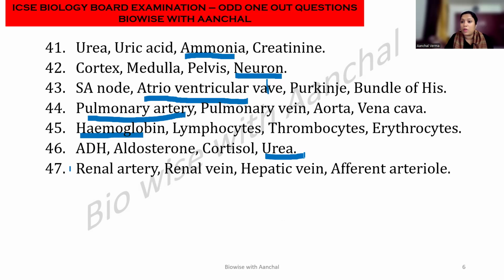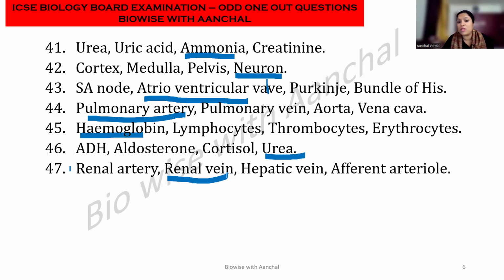Now here, on what basis can you differentiate? Renal artery is bringing blood to the kidney. Renal vein is taking the blood out of the kidney. Hepatic vein is coming out from the liver. And afferent arteriole is coming into the glomerulus. So here you can say that the odd one out is renal vein, because the rest all blood vessels contain urea,